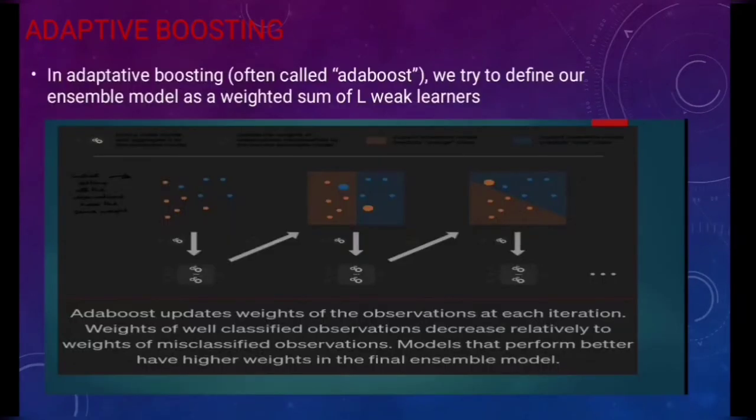Adaptive boosting, often called AdaBoost. In adaptive boosting, we try to define our ensemble model as a weighted sum of L weak learners. In this diagram, we can see AdaBoost updates the weights of the observations at each iteration. Weights of well-classified observations decrease relative to the weights of misclassified observations. Models that perform better have higher weight in the